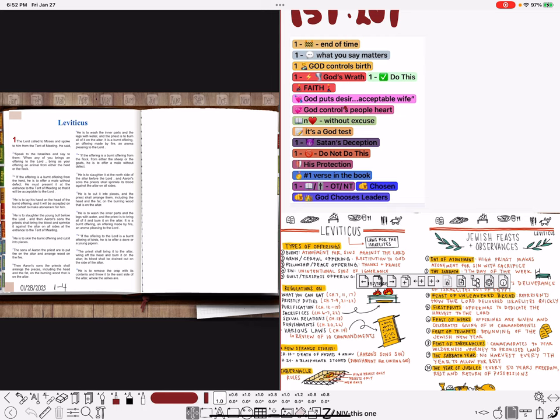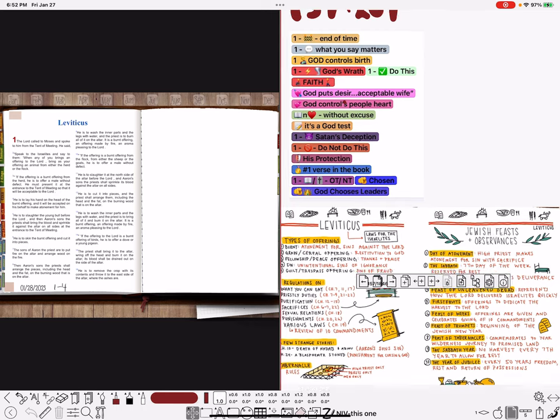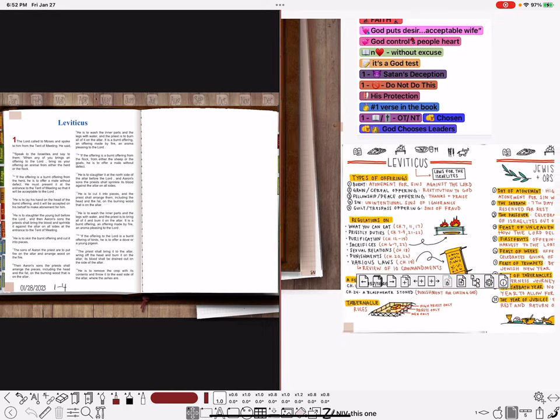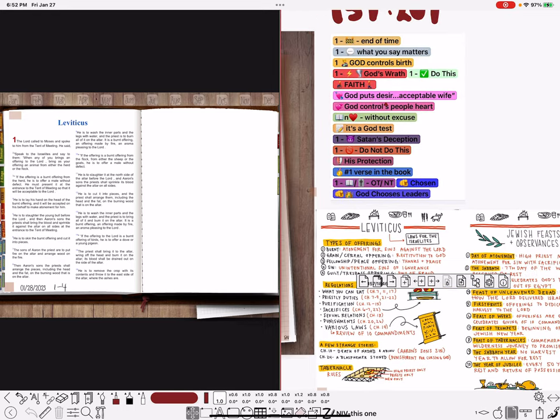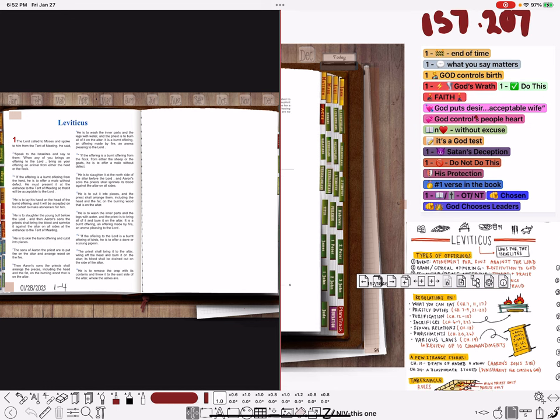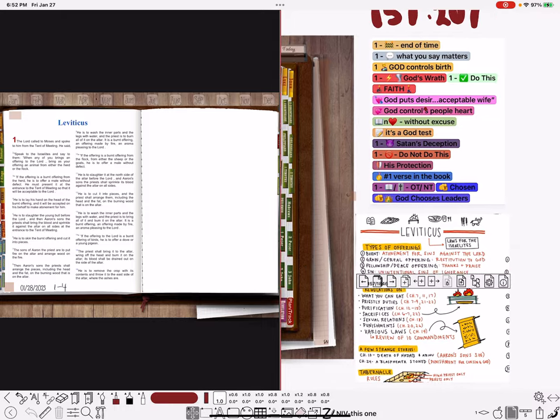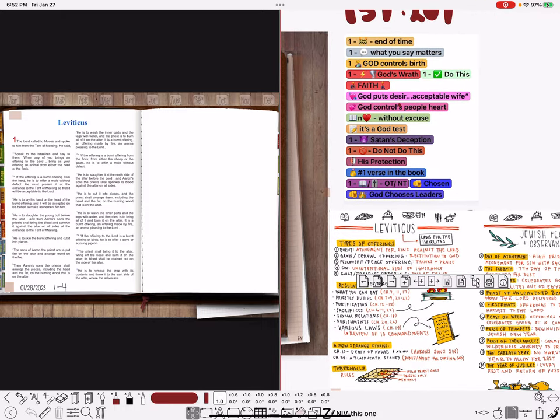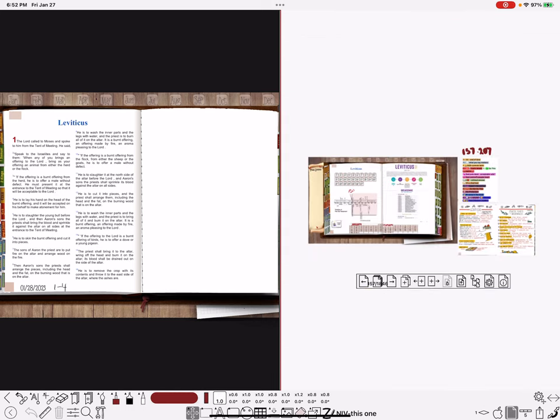I imported this stuff. None of these are links. You see that they're not the orange color. They're just pasted over on the side. Now the difference is, if you notice, on the left side, it's got a black background. On the right side, it's got a white background. And that's because I have identified what's on the right as a